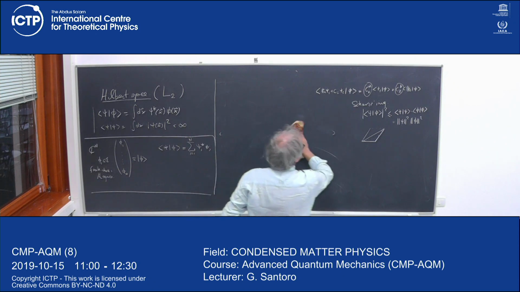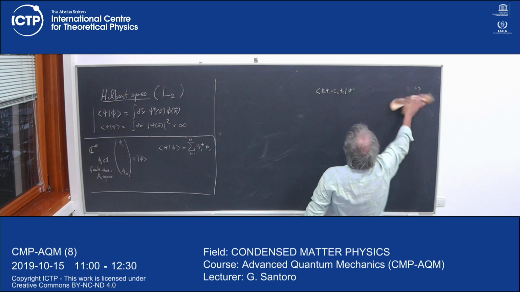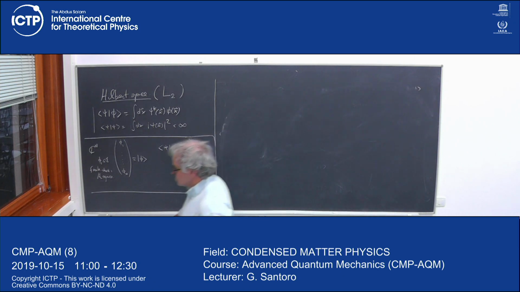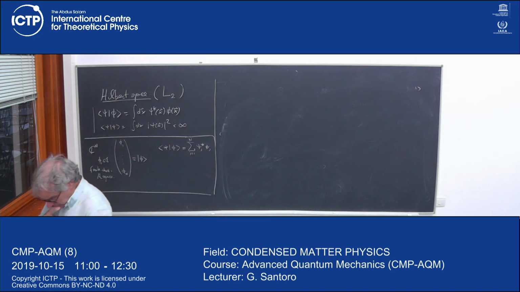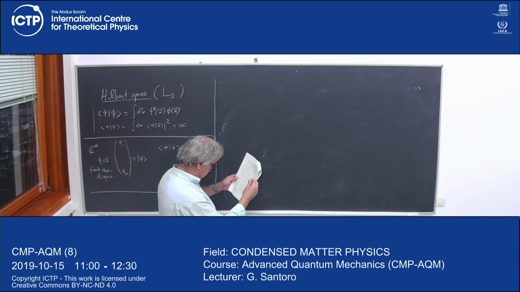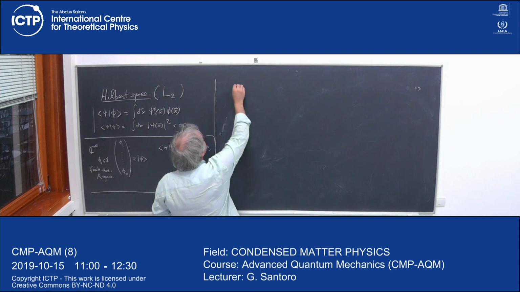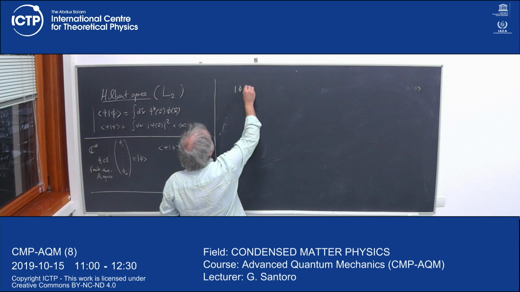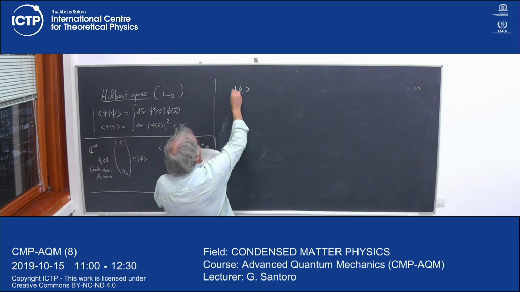Definition. As in linear algebra, if I have a set of vectors, phi j, so more than one,